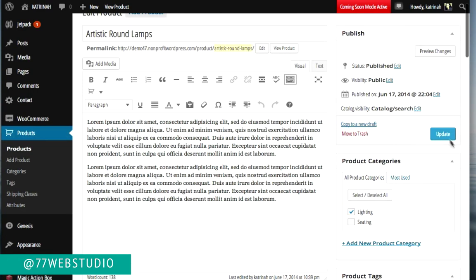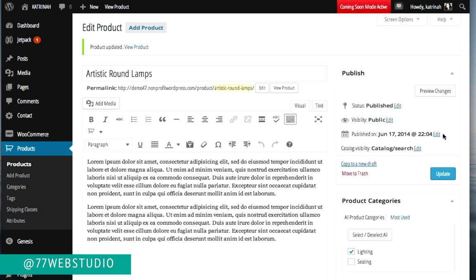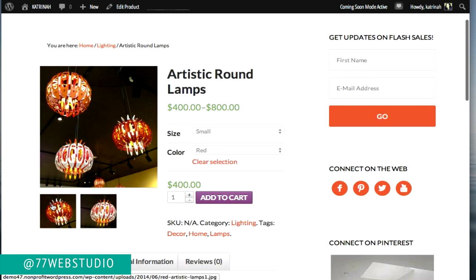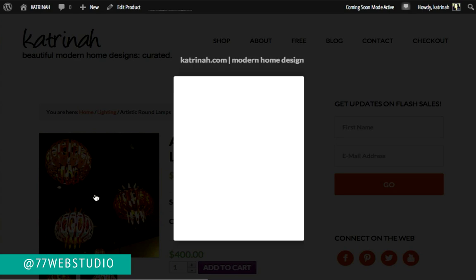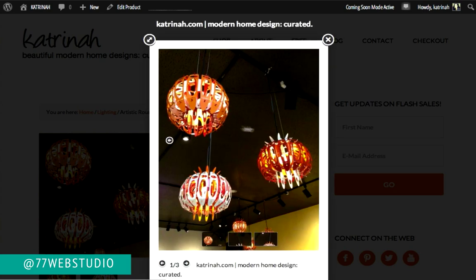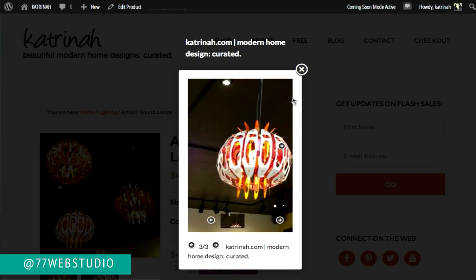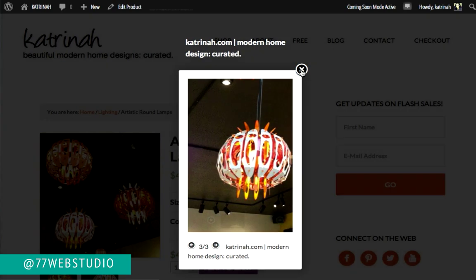Then I'm just going to scroll up to the top and click on Update. Once the product has been updated, then I'm going to view the product by clicking on View Product. And now we can see we have the main product images with two product images in the gallery down below. So now when I click on this image, once again it opens up into a really cool lightbox display, and there are these arrows here, which when I click on them I can see the other variations. So that's how you add additional product images to your product gallery.